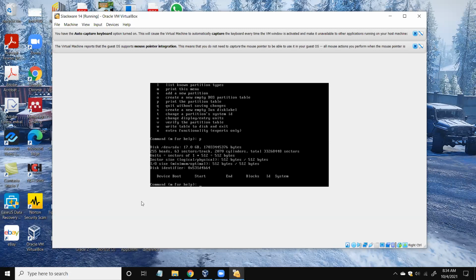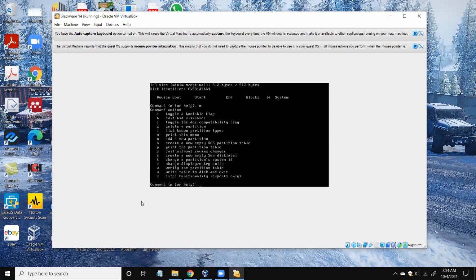So you can see at the moment there's nothing created. There are no partitions. So again, if I press M, so I want to create two partitions, right? So if I press M and see the list, then I can see when N is used, I can add a new partition, right?